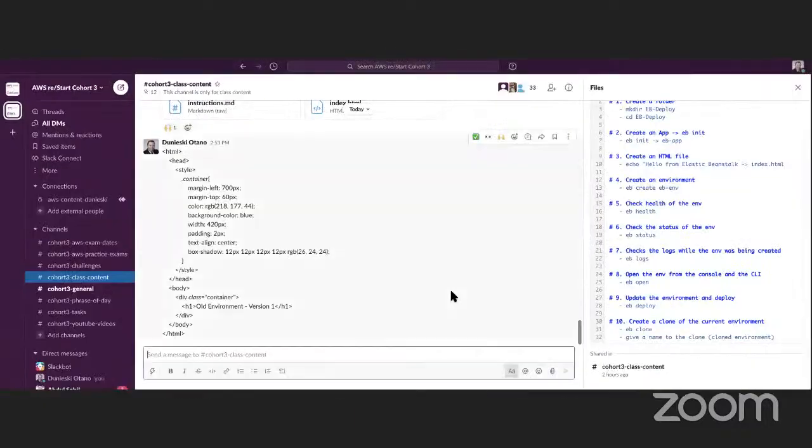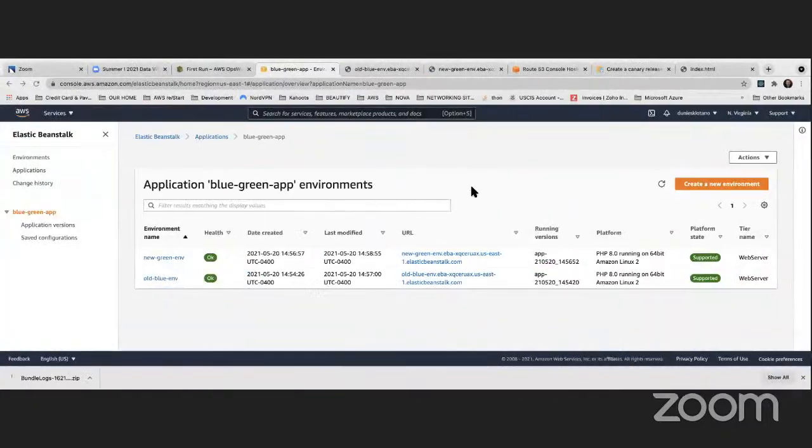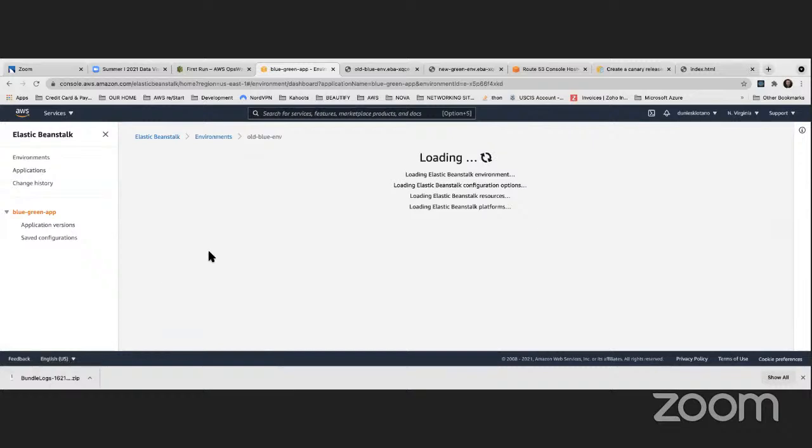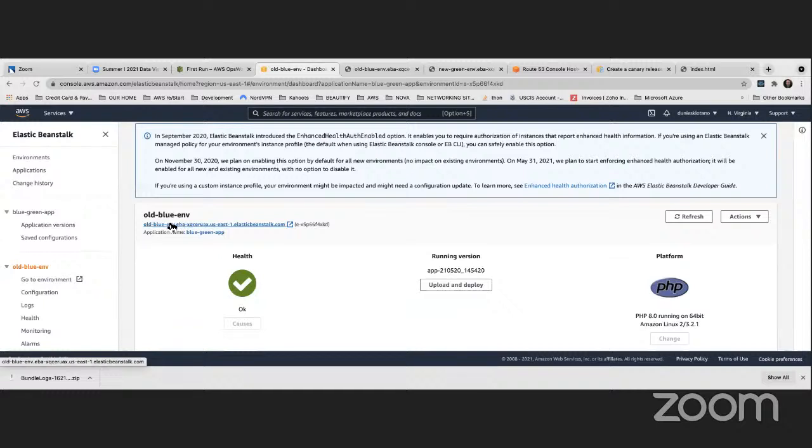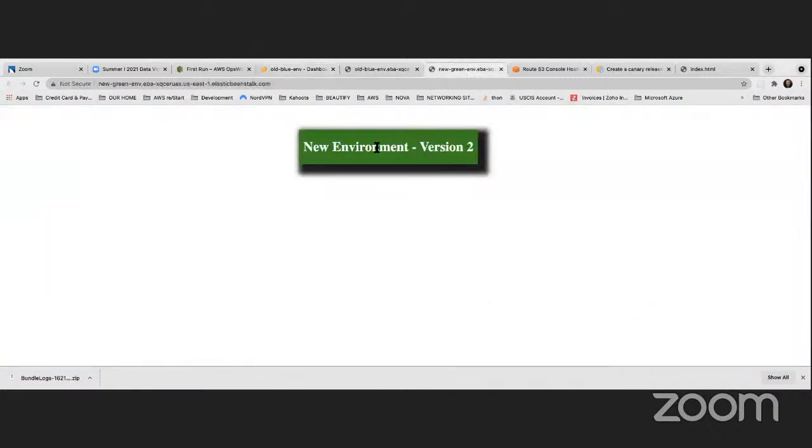Perfect. Now what we have to do, and we're gonna get back to you, Nathan, just give me one moment. I'm gonna go ahead here and go to the old environment, right? And once I'm there, I'm going to swap the URLs, okay? So I'm gonna go to Actions, Swap environment URLs. This is done when you see that the green environment is working, right? Once the new version is completely working, then you go ahead and swap the URLs, okay? Because you want to move all the traffic to the new